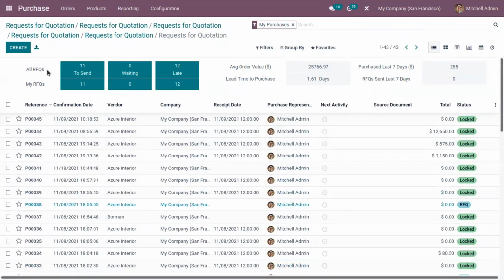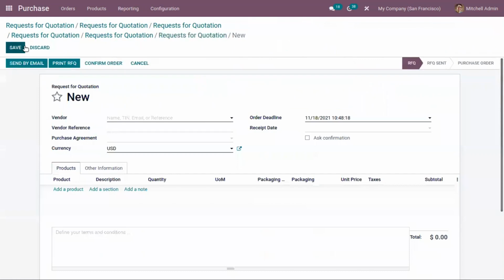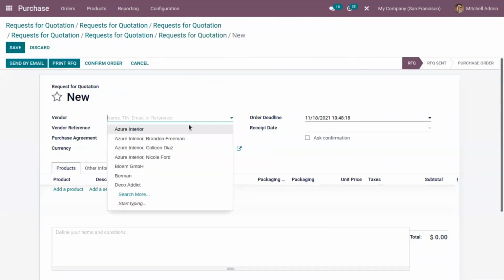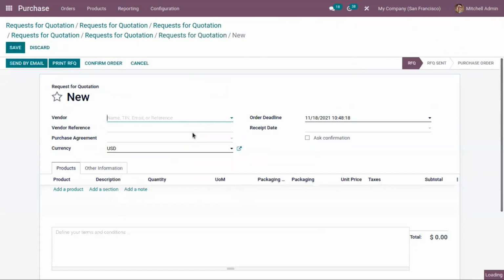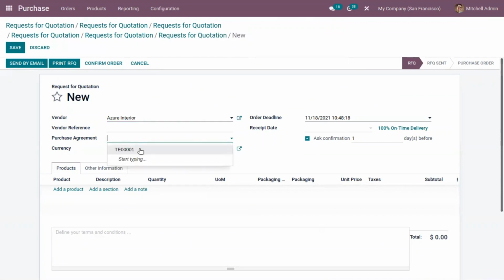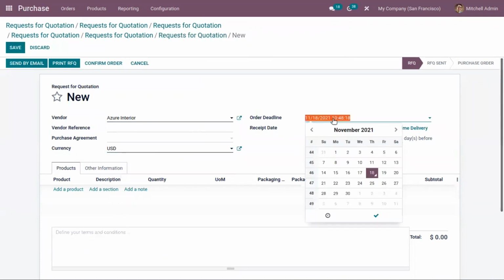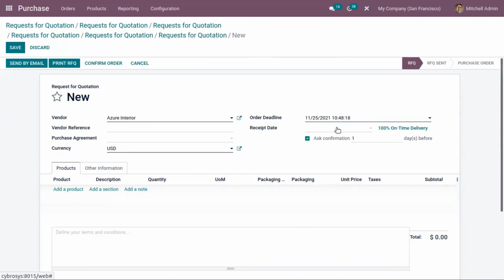And in order to create a new request for quotation, you can just click on this create button. Here we can choose the vendor name, and we can add a vendor reference. Then if you have created any purchase agreement, that can be chosen from here. And here we can set a currency for your RFQ, then the order deadline, and the receipt date.